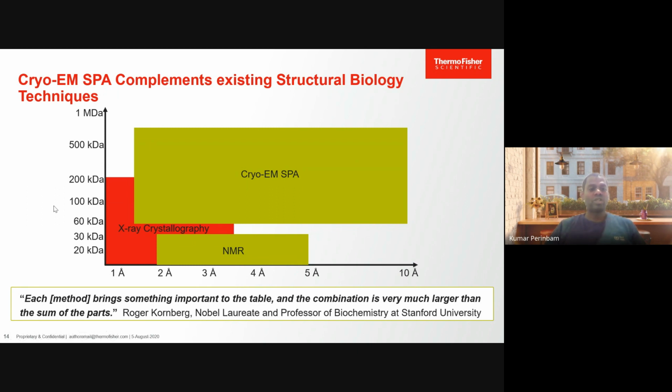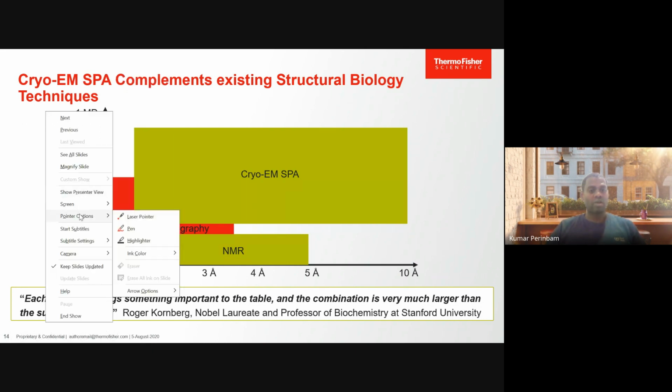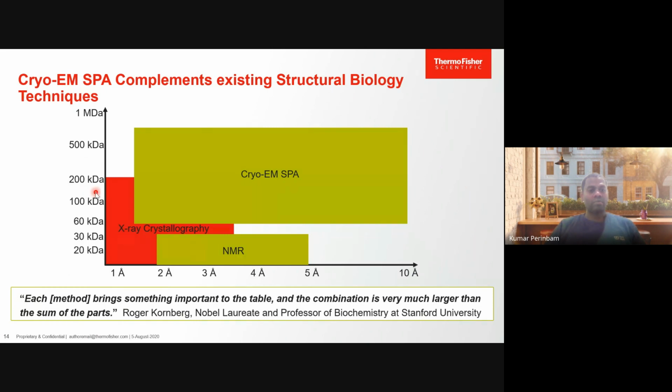But the limitation is that you cannot get a structure of just any biomolecule. The best you would get is somewhere around 200 kilodalton, the median would be below 60 kilodalton, and the resolution is pretty good, but you cannot go to